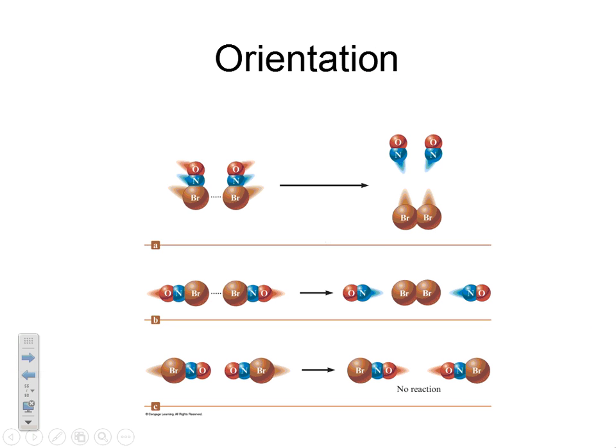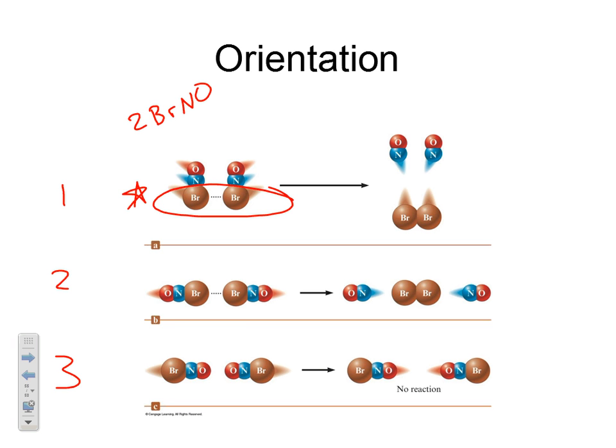This is the exact same reaction. So this is the 2BrNO over here. So this is referring to the same reaction from the previous slide. Now we have three possibilities shown here about how they can collide. In the first possibility, in the first way that they can collide, we notice that they're colliding almost vertically. But what's nice here is that the bromines are facing one another. So if they collide in this particular orientation, then yes, we get a reaction because the bromines came into contact